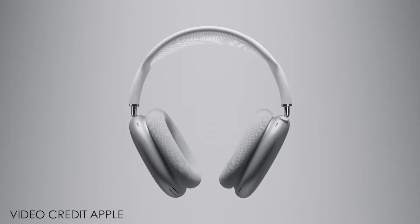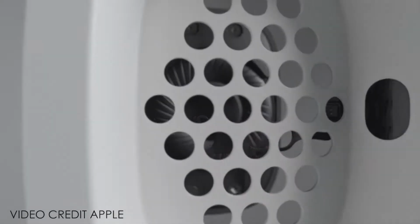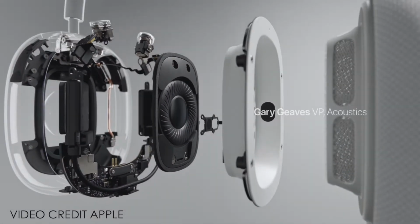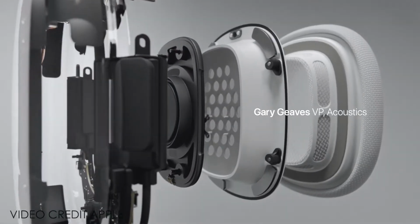These are retailing for $549 UK or $549 US. The newly released AirPods Max are Apple's first over-the-ear headphones. Specs include incredible high-fidelity audio, active noise cancelling, transparency mode, adaptive EQ, and spatial audio that can be found on